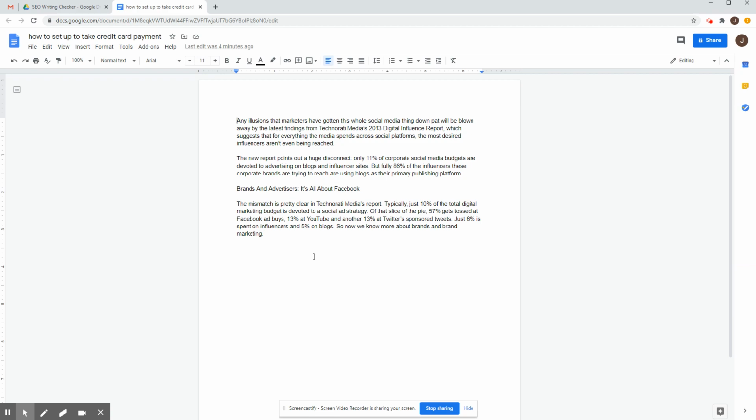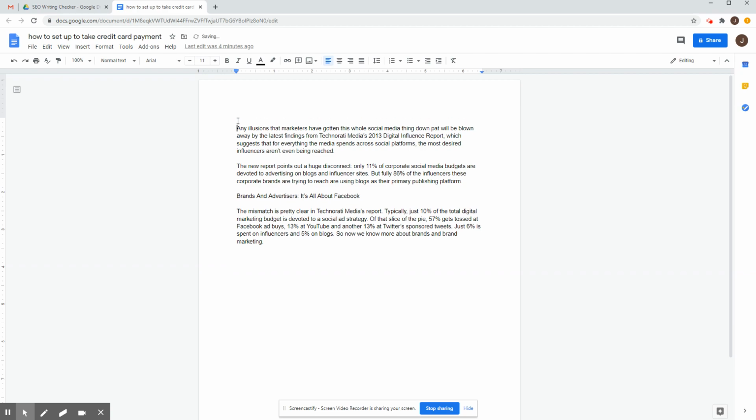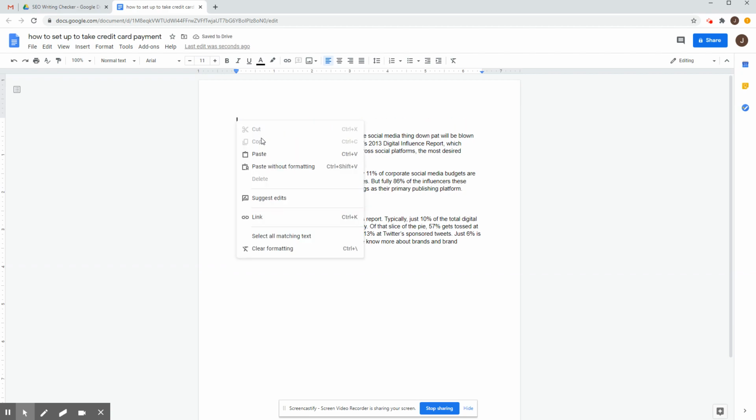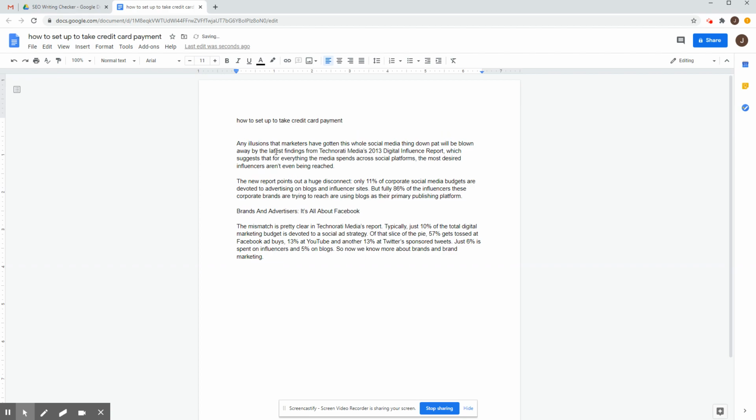In this case, I copied a row from the Google Sheets with the topics that I had uploaded, and in this case, it was about credit card payment. So the first thing I'm going to do is copy and paste my keywords in here: how to set up and take credit card payment. I believe there are 4 or 5 other keywords I can add here or later, but it defeats the purpose. What I'm going to do then is go to add-ons, and